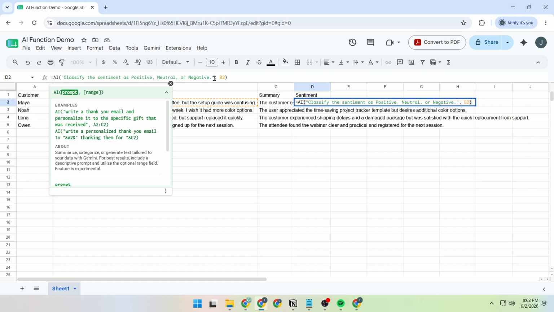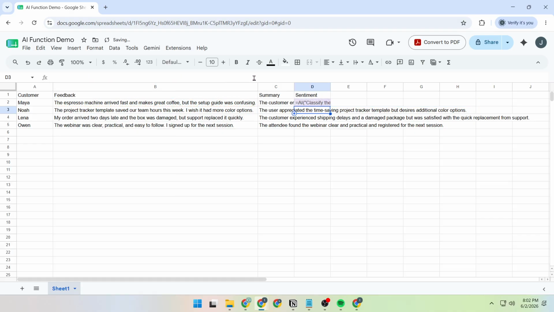Once the formula is complete, press Enter. When the prompt appears, click Generate and Insert, and wait for the sentiment label to be filled into the cell. After the first sentiment label appears, click cell D2 again to select it. Just like before, find the blue dot in the bottom right corner of the cell and drag it down until